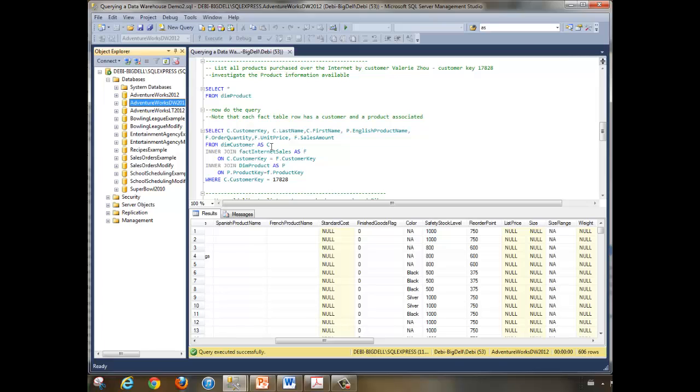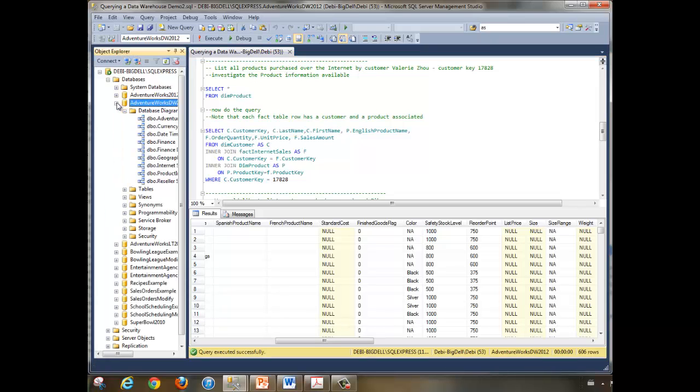We have two tables. We have the customer dimension table, DIM customer, and we have the fact table, which is internet sales. If you remember that from our lecture, normally in the star schema, our fact table will be the center of the star, and there'll be dimension tables that are attached to it. So let's see how this is done. We'll go into the AdventureWorks DW,